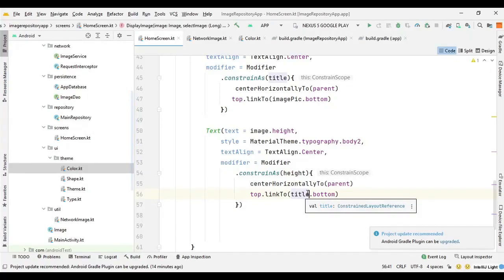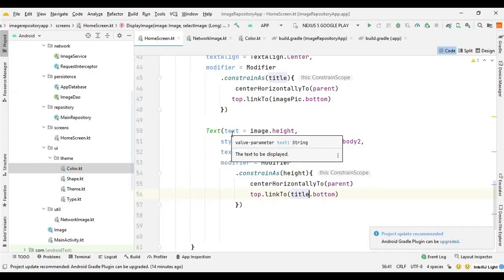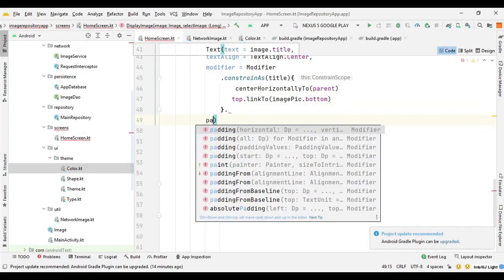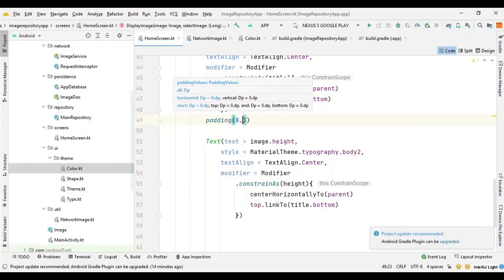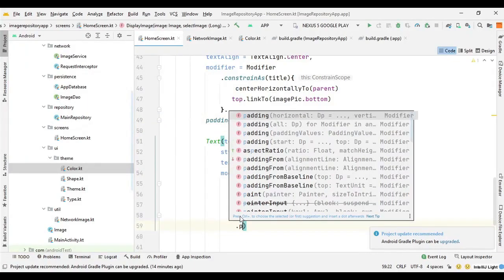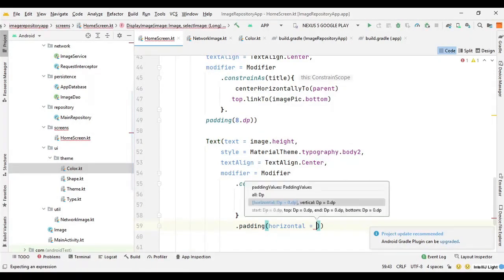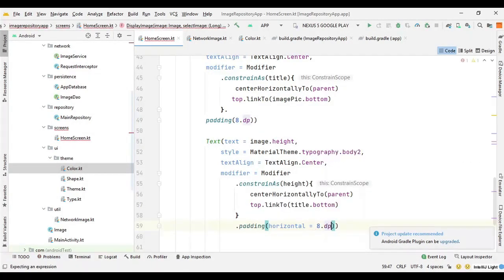and we also need some padding for both of these text. So here I can say dot padding of 8 dp, and for this one we need to set both horizontal and bottom padding. So horizontal 8 dot dp.